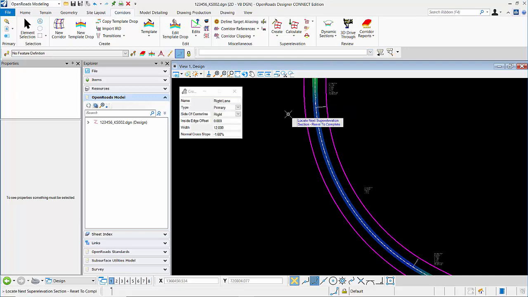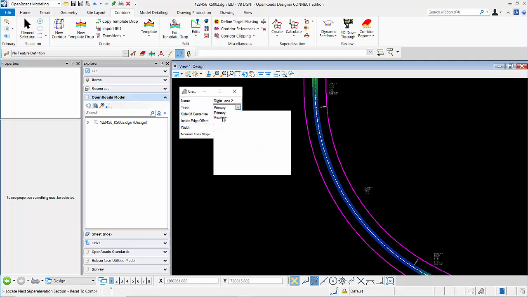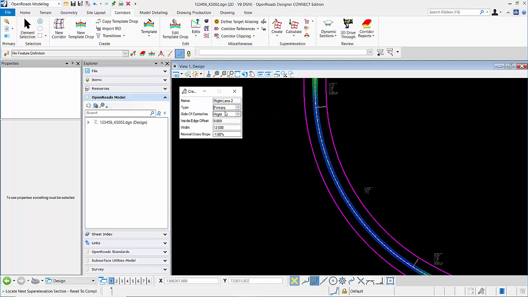to a specific section. So I'm adding this lane, maybe right lane 2, so a second lane on the right. And my type is a primary or auxiliary. So primary is going to be for the full length of the alignment. And I'm going to give an offset, in this case 12 feet and 12 feet wide, so that would add that lane over here. And then my normal cross slope. So that's one way to add a lane, and then I would have to define superelevation for that lane as